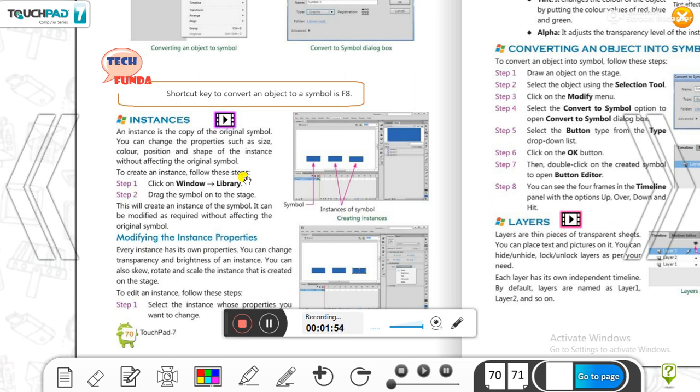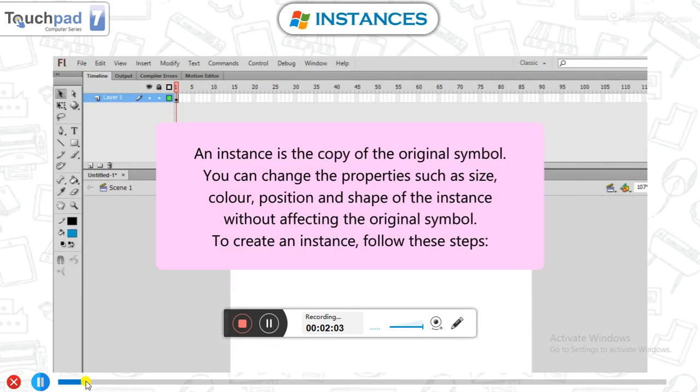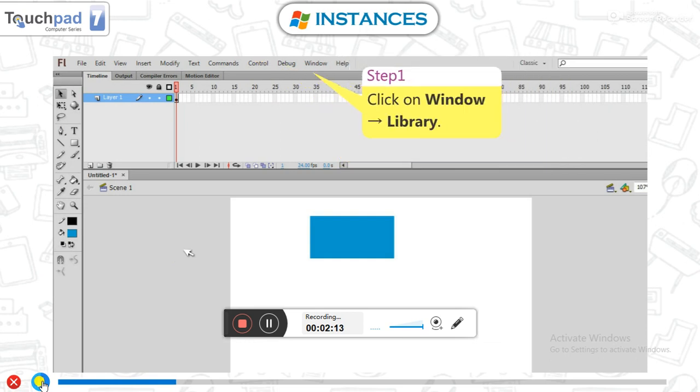Now listen, how to create an instance. It's a very simple way. To create an instance, you first have to open the library.